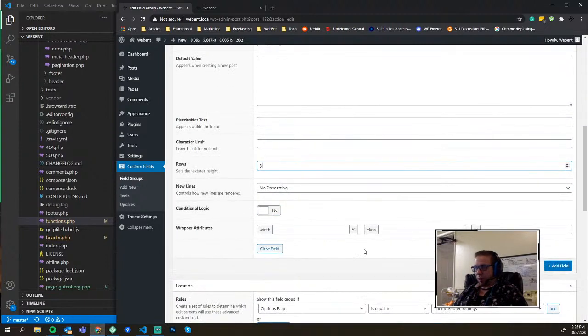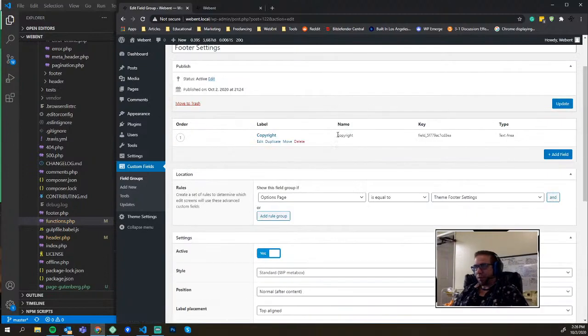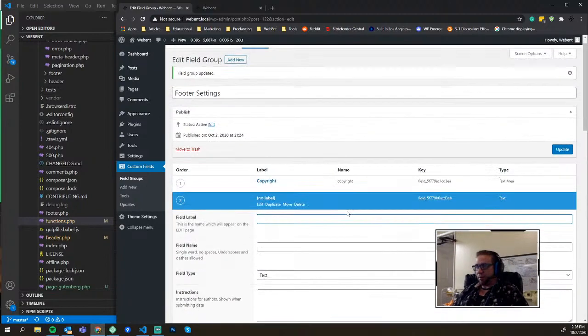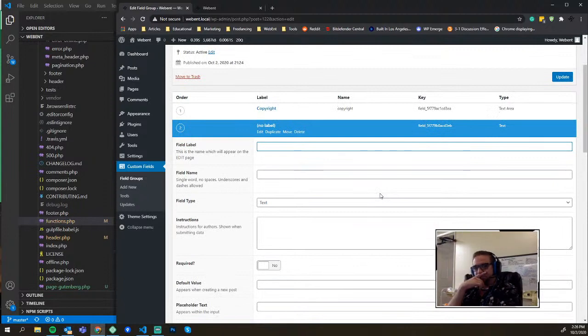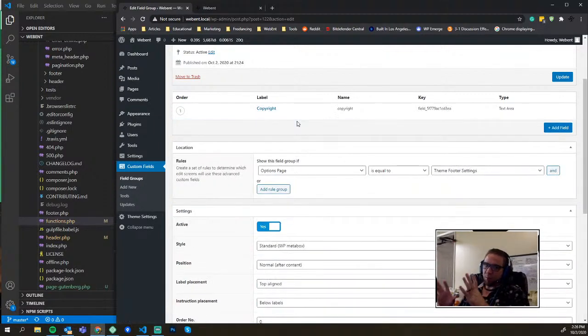So copyright, yeah, that's about it for that. And then we're gonna add a footer widget. You know what? Actually, we'll come back to this because this is also kind of complex. And